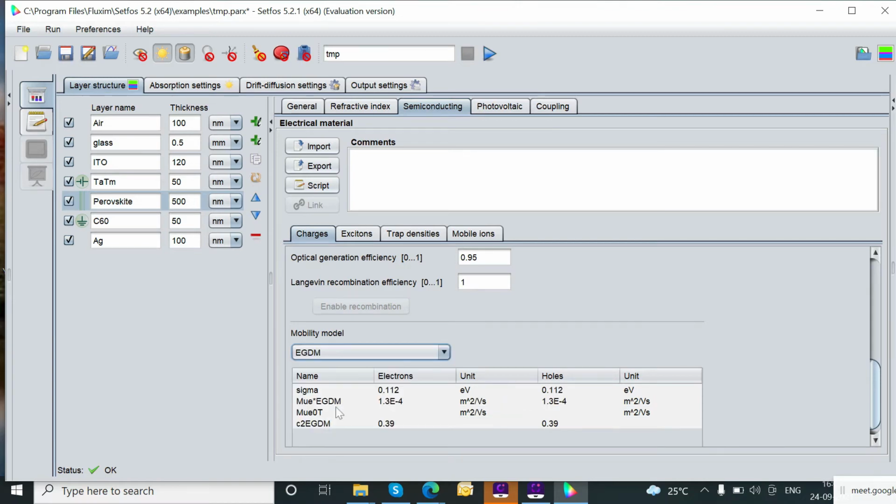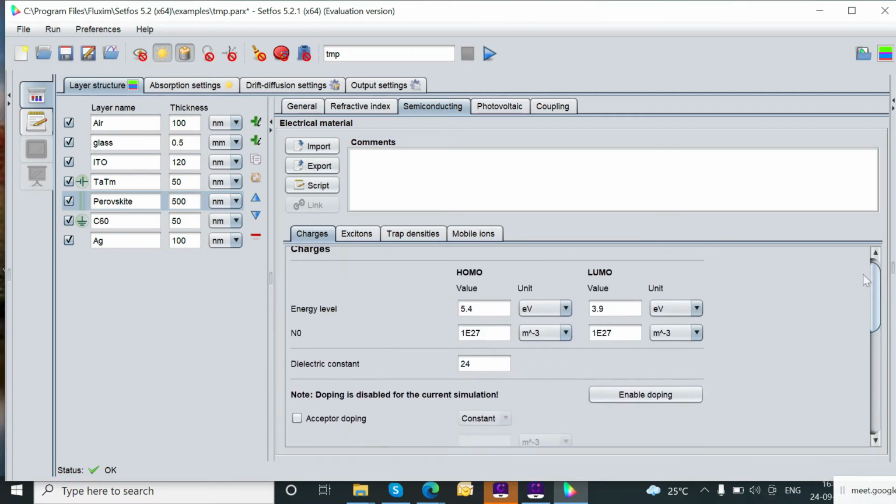And this is the mobility model. A state of the art mobility model is implemented: constant mobility model, Poole-Frenkel mobility model, field dependent, time dependent, temperature dependent mobility models, extended Gaussians. If you would like to select constant, then only electron and hole mobility need to be defined. If it is dependent on field, then you can define the gamma, E naught, or if dependent on temperature, then you can define the tau. All the things for electrons and holes need to be specified.